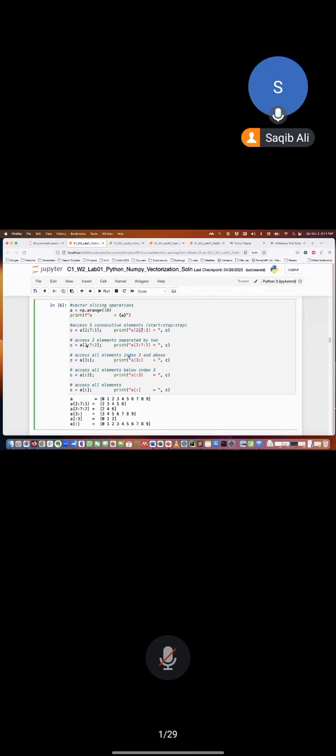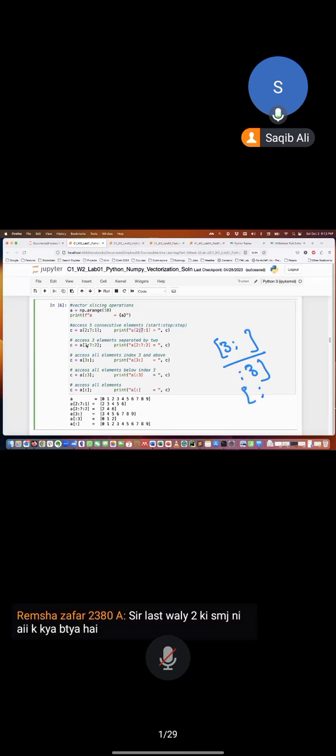Access all elements at index 3 and above: 3 colon. So it will go from 3 to the end element. Access elements below index 3, not including 3. So colon 3 will give us 0, 1, 2. Print all elements. Again, just type